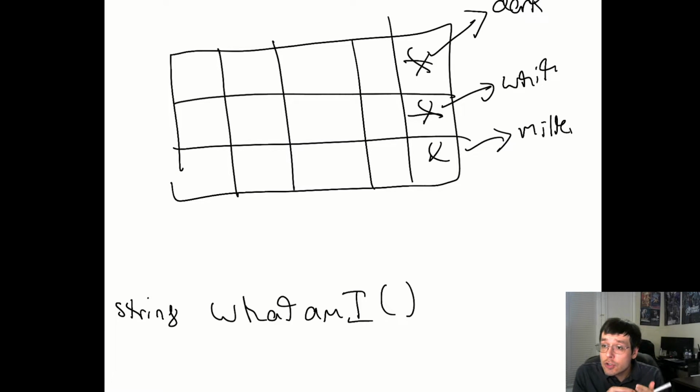Because all the classes share this function, you can call it safely. And then depending on what the real type of this pointer is, you're going to get that back in the form of a string that the function returns. If it's a dark chocolate, then you're going to get the word dark. Now, why does that work? Because of the power of virtuals.